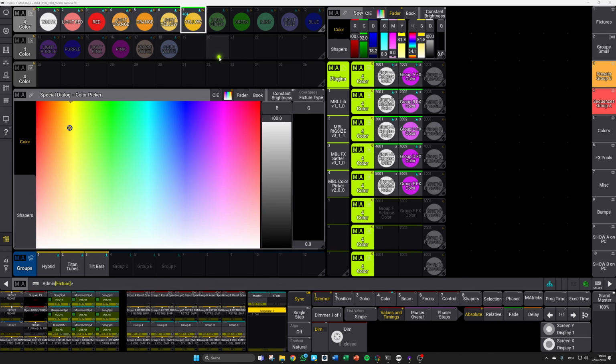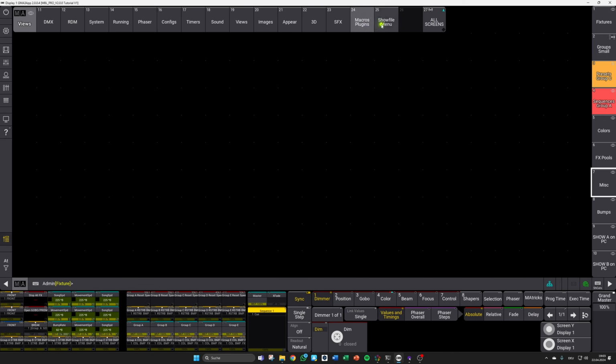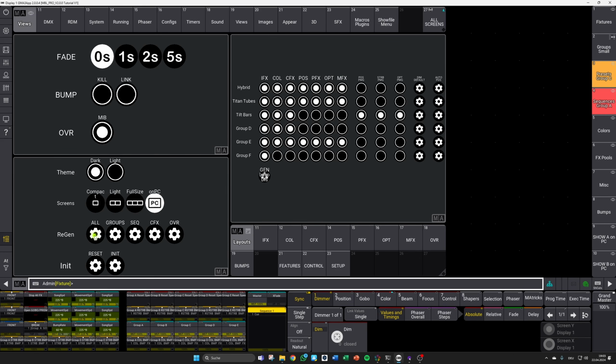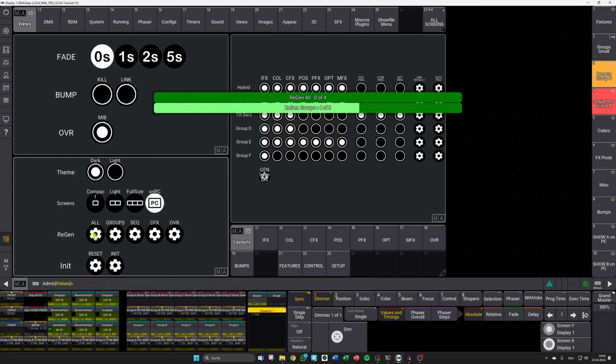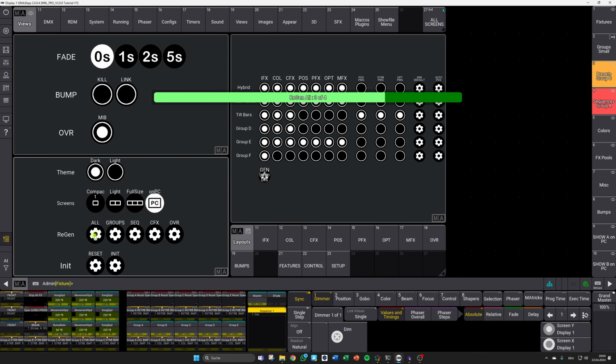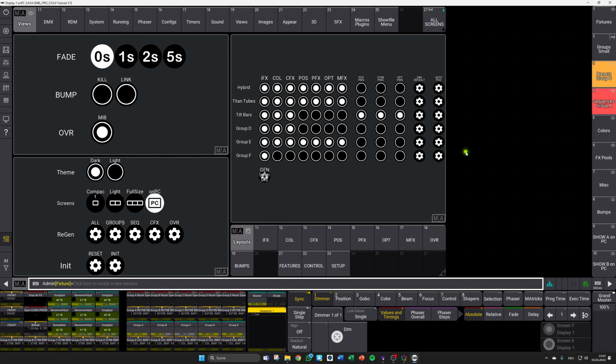As a last step before running a show, there's just one more thing to do, and this is moving over to the show file menu again and hitting our regen all button. This takes a little while, as our plugin adjusts and optimizes a lot of things for you in the background. For example, the color effects are built based on specially created presets with an integrated color preset, or the bumps are generated according to your rig size. Once the macro has run through, you are ready to go